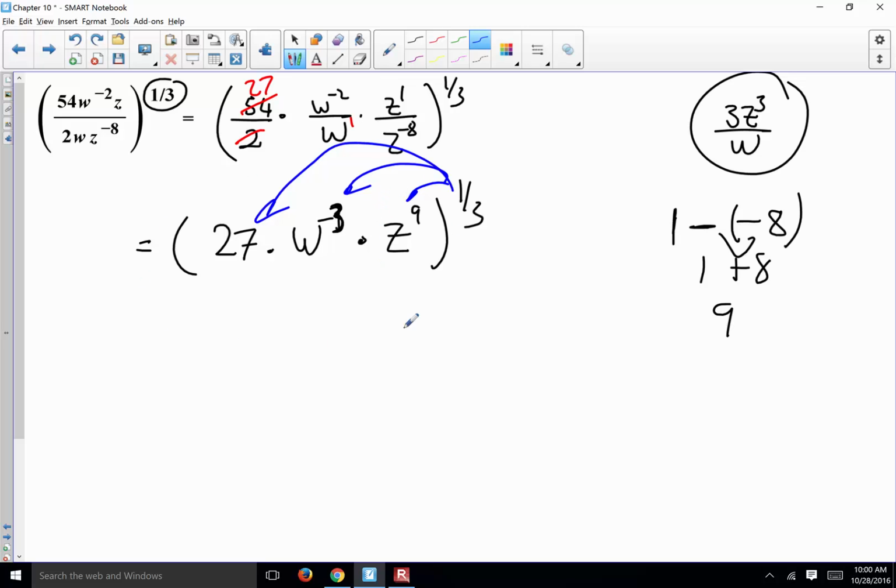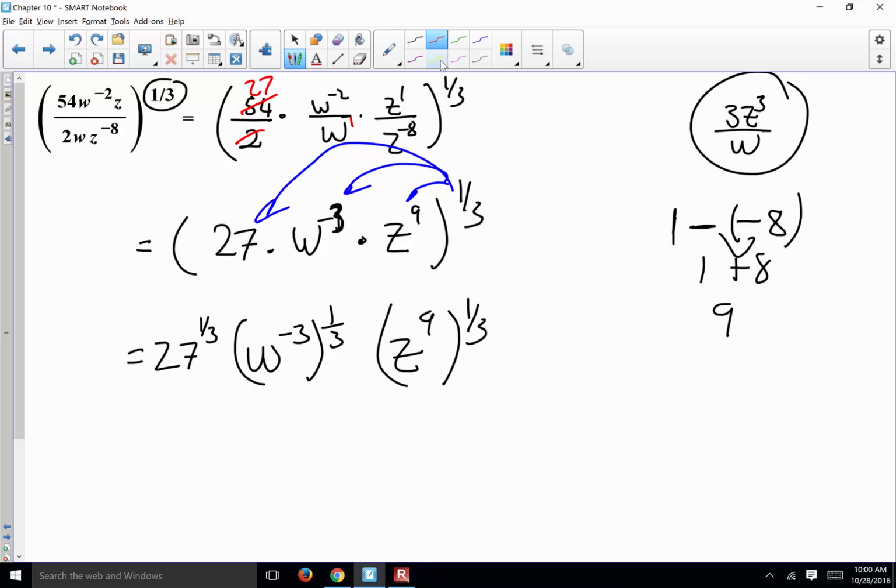Okay, so the second method is superior to the first one. First clean up the mess inside, then pass the power in. We'll get 27 raised to the power 1 over 3, w to the minus 3 times 1 over 3, z to the 9 times 1 over 3. And we all multiply these. Multiply, multiply, and this doesn't need multiplication. Okay? So this becomes minus 3 times 1 over 3, becomes minus 1. 9 times 1 over 3 is